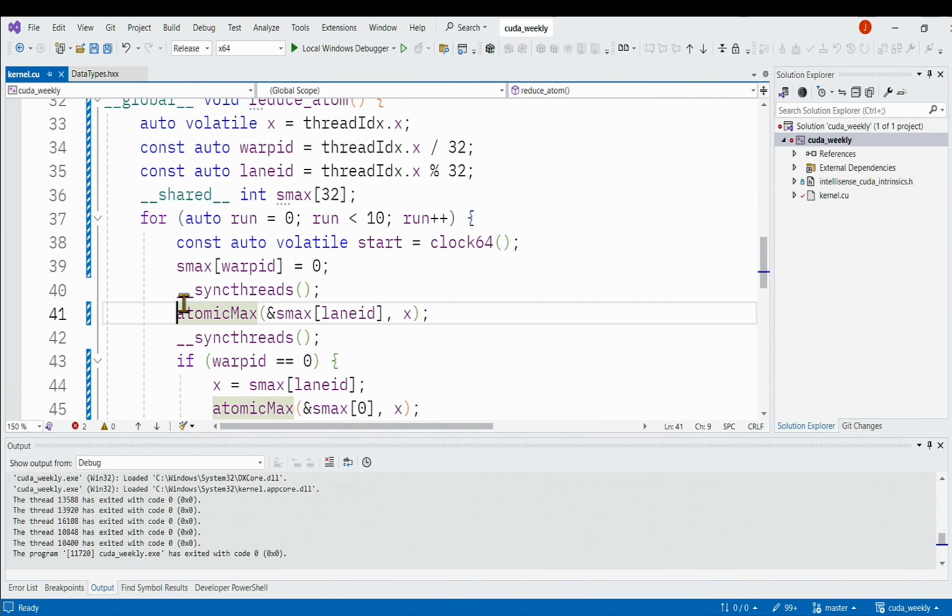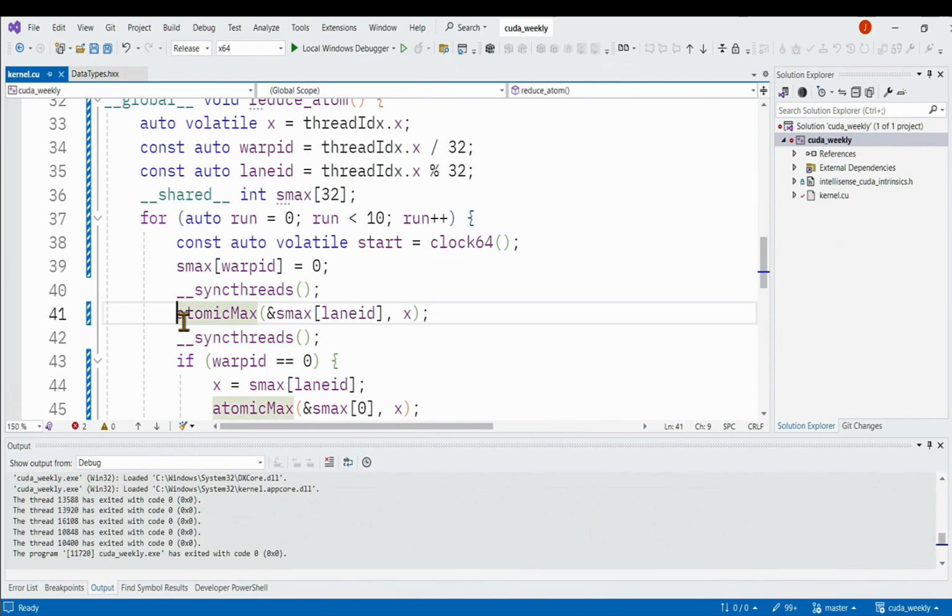Then we run on all threads an atomic max. We could run this on a single value, but that's going to make 1,000 threads hammer a single value, which is not optimal. Instead, we make this thing take the maximum within each lane. Now these warps execute pretty much as a unit. So it means that here's the minimum of contention that we can generate. And these warps will, well, some of them will execute at the same time, but lots of them will execute one after the other. Then we synchronize again so that everybody is up to date.